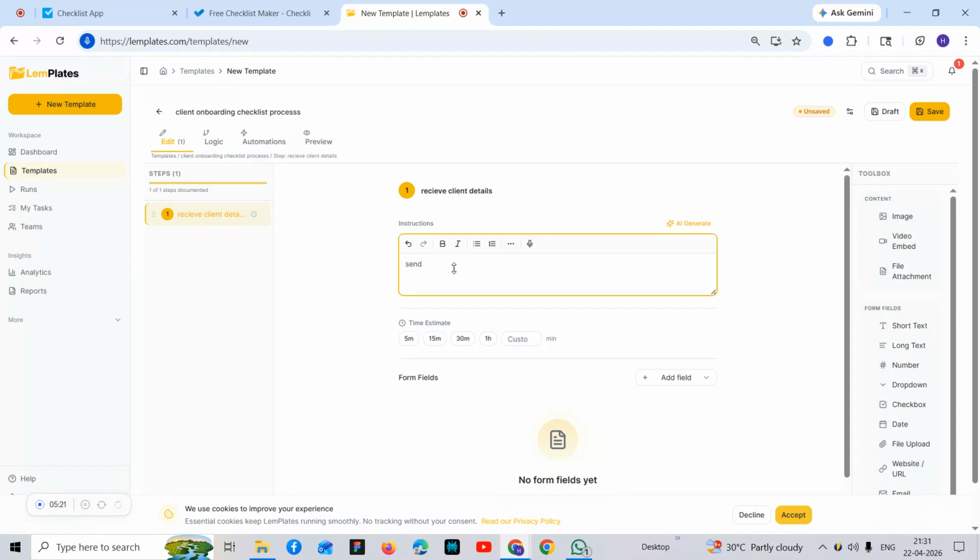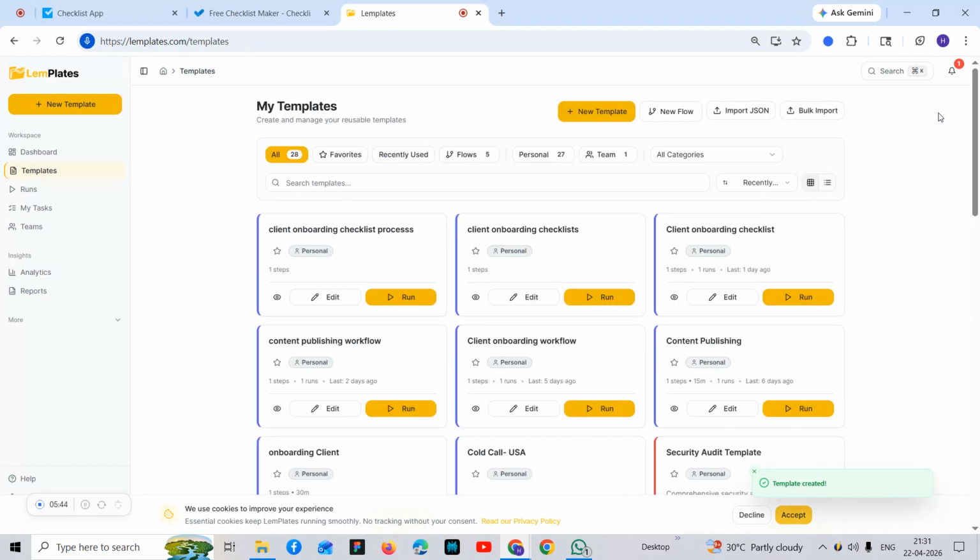I'll add here, send welcome email. Then I can also make it bold. Now we can save this. You can also adjust steps anytime, add or remove steps based on the situation, focusing on clarity, not ticking, as we have seen in the checklist app.